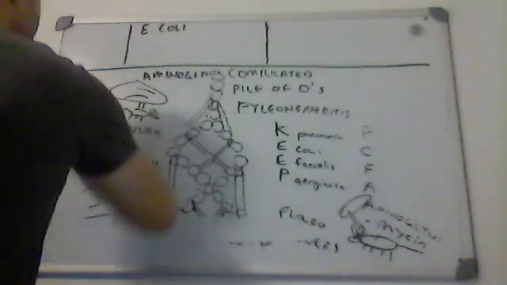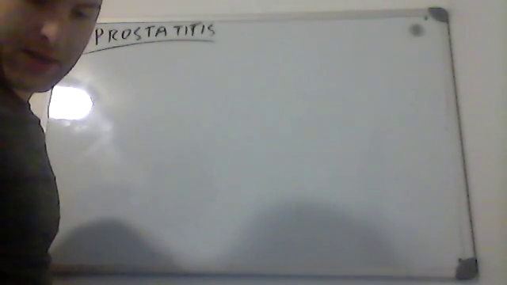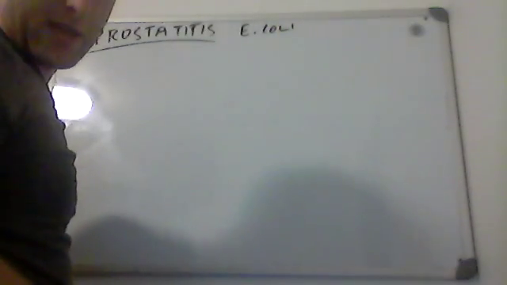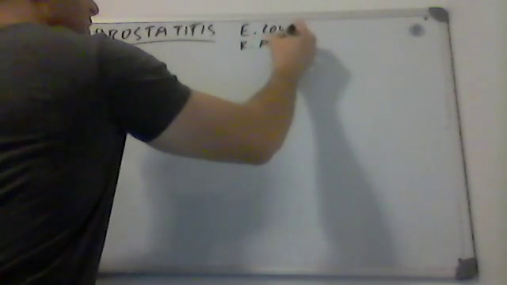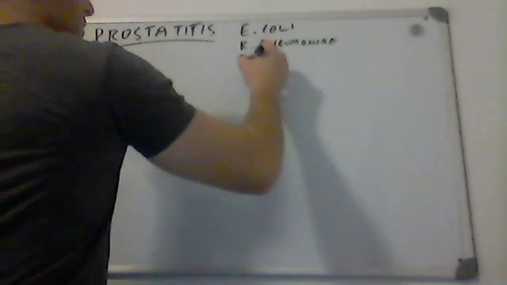Okay, next. So now what we have is prostatitis. Prostatitis is usually going to be caused by PPKEP. So this is E. coli. It's going to be caused by K. pneumoniae, same thing as the other one. It's going to be caused by Proteus mirabilis,